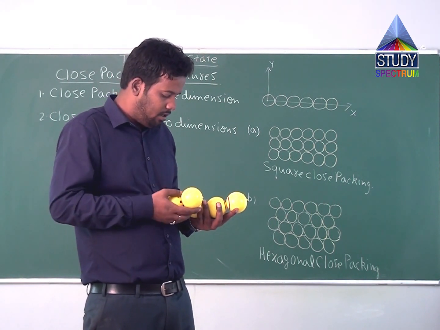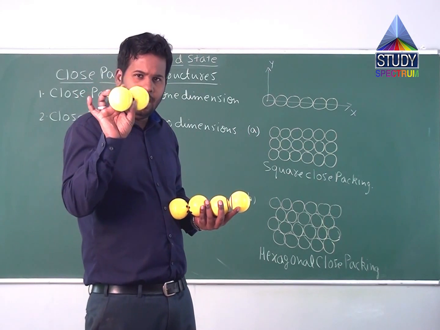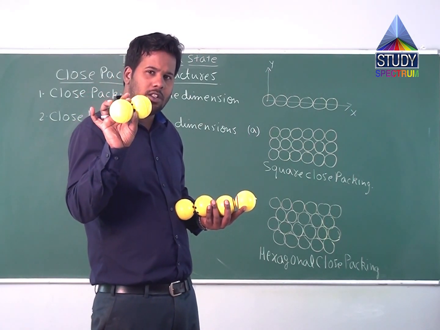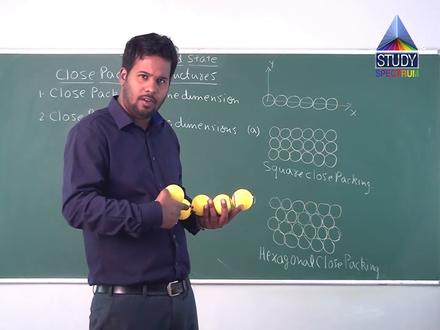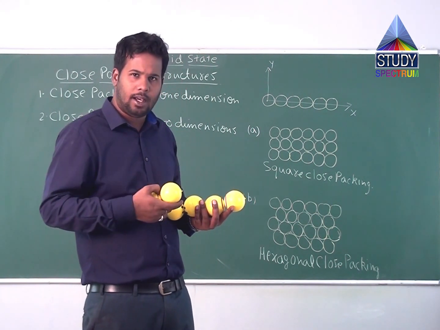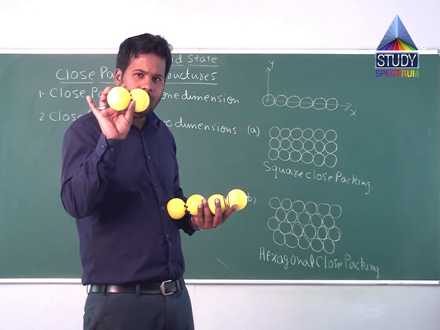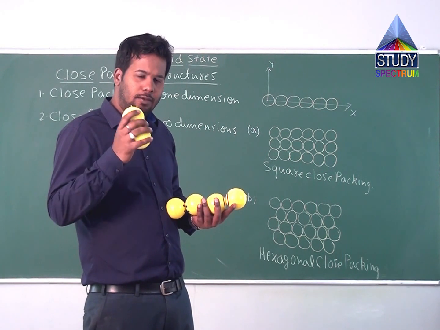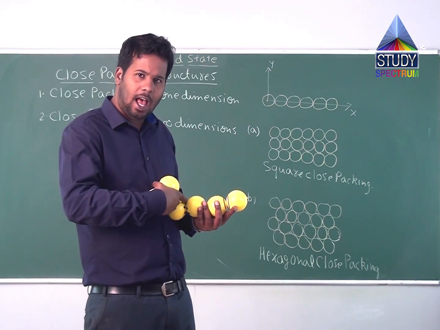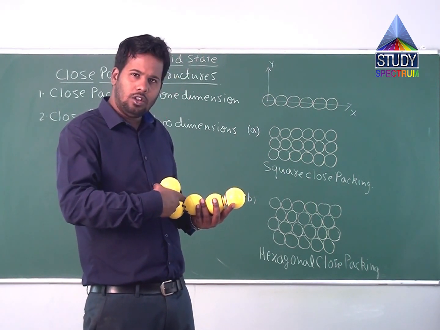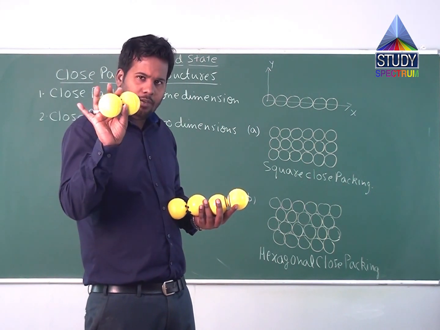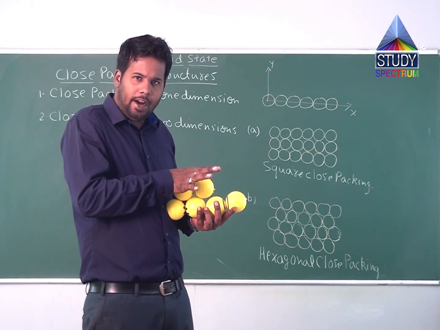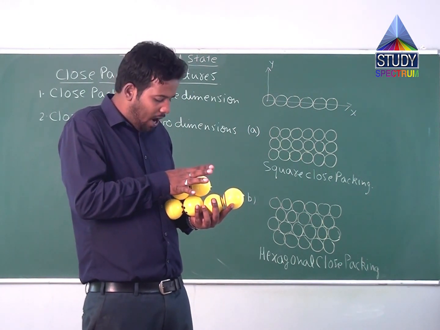If you see carefully, the centers of the second layer are now not above the centers of atoms of the first layer. Why? Because it will become square close packing. This time the centers of atoms in the second layer are exactly above the voids. Voids means the space, the gap between two consecutive atoms. The centers of atoms in the second layer are exactly above the void, or the space between two atoms in the first